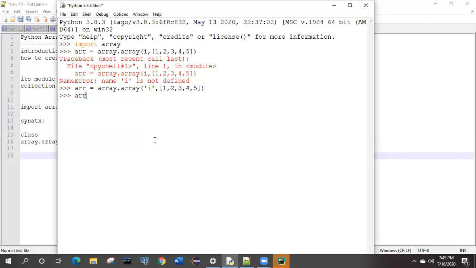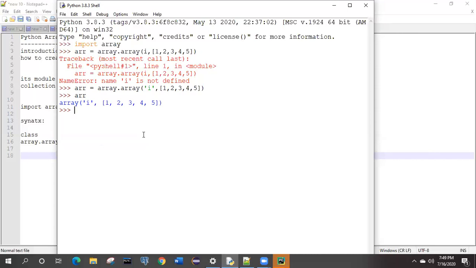So the array is successfully created with the type code I and values 1, 2, 3, 4, 5. Similarly, as I mentioned, an array can be created with any kind of values; it doesn't have to be only integers.